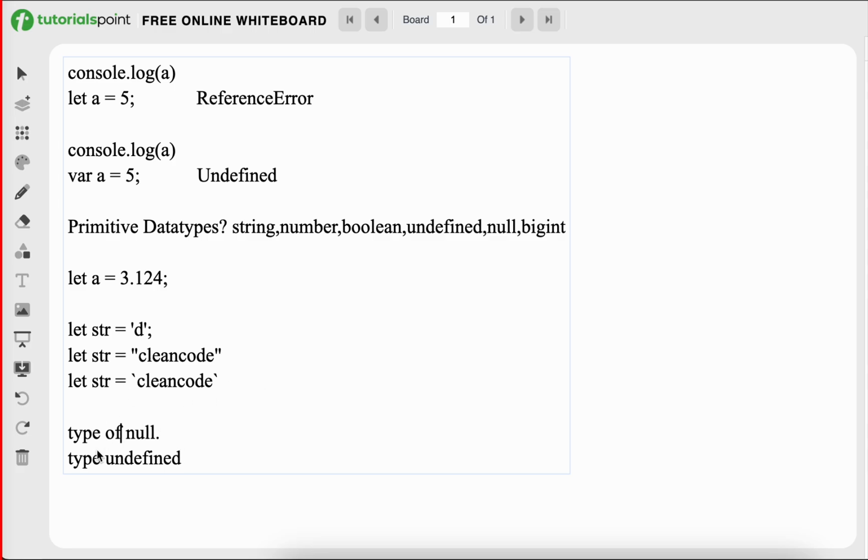Pritam, Priyanka, and Kaustubh. Am I audible? Yes, sir. Tell me the answer: what is the type of null and type of undefined?